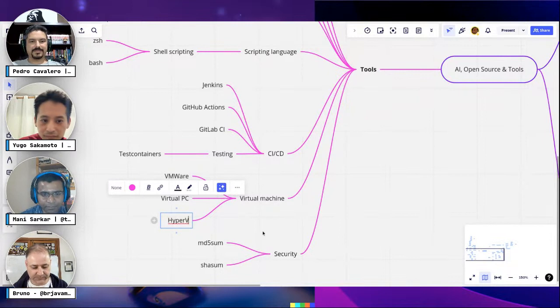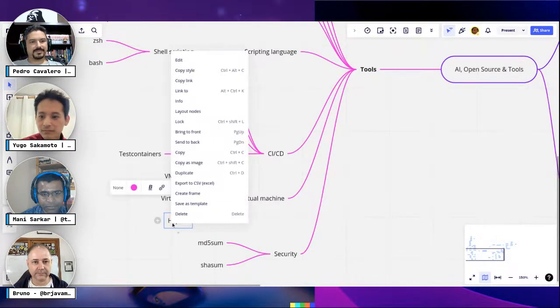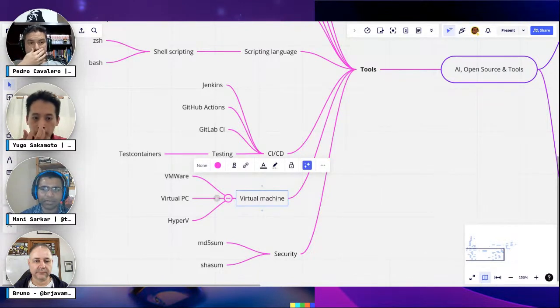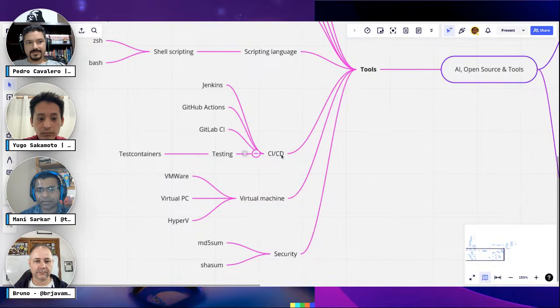Hyper-V, yeah. So these are really useful because then you can spin these off automatically. So what would you say? Vagrant and Ansible, what do they come under? Virtual machine or Terraform, Vagrant, and Ansible, because they are. Would you call them under